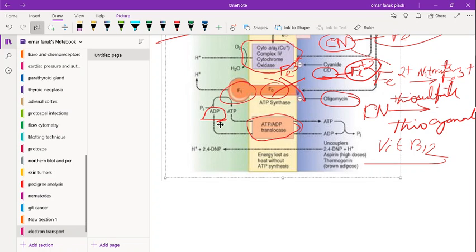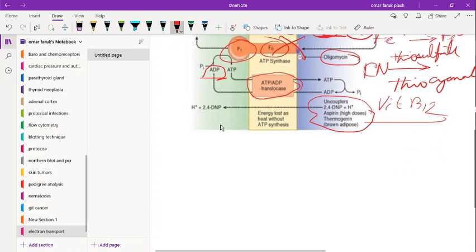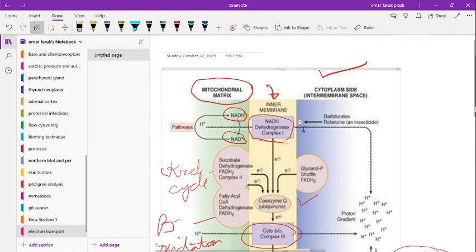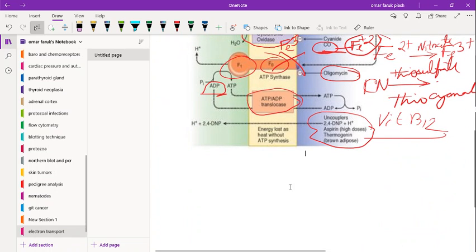Another thing you have to remember is uncouplers. The uncoupler is 2,4-dinitrophenol. It is used by wrestlers to lose weight. What it actually does is that the uncoupler remains on the cytoplasmic side, and that enters into the mitochondrial membrane. Uncouplers actually bind with